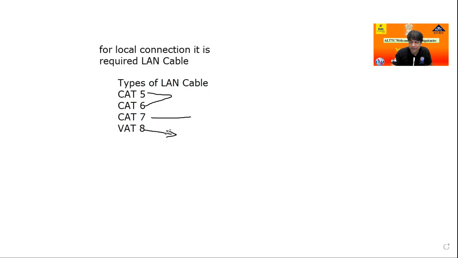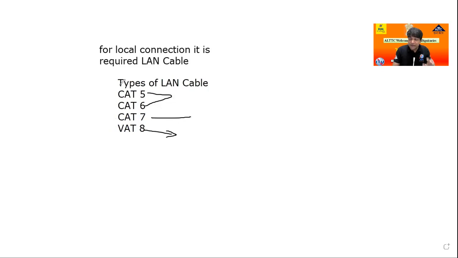Okay, but look-wise, all cables are the same. If I put all the cables together, either cat 5, cat 6, cat 7, cat 8, all cables look very similar. You can't differentiate which cable is cat 5. Cat means category. Again I repeat, cat means category.